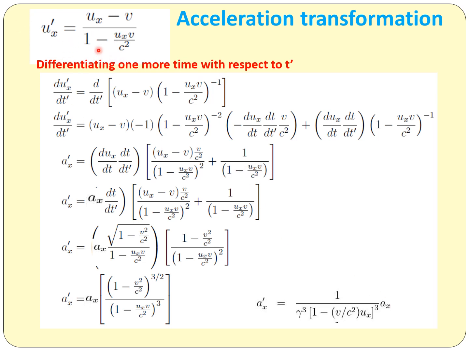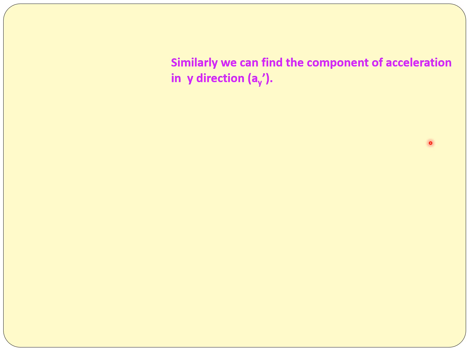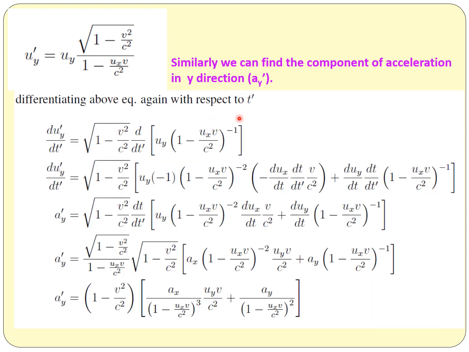Similarly, if we differentiate the y prime coordinate of the velocity component with t prime, we will get the y component. This was the x component, and similarly we can find the components of acceleration in the y direction. For that we will have to use uy prime, that is uy prime equal to uy under root 1 minus b square by c square divided by 1 minus ux b by c square. And if we differentiate again with respect to t prime, we have to follow the same procedure we did in the last slide. Here this 1 minus b square by c square is constant, we can take it out, and we have the function uy